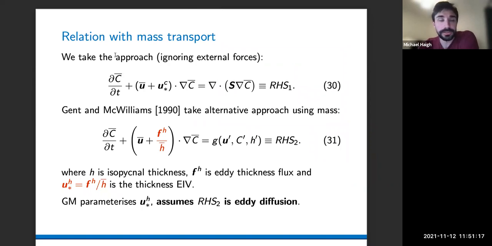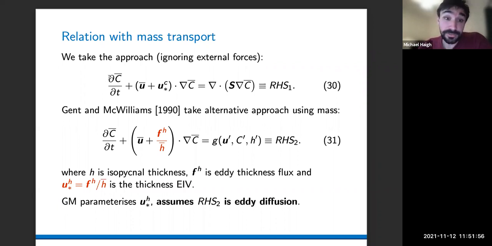When we're talking about the concept of eddy-induced advection for passive tracers, it's very useful to consider it in the context of eddy-induced advection of mass. And the reason for that is because in ocean models, the eddy-induced velocity, which is actually parameterized for both passive tracers and mass, is determined from a mass analysis. So again, I'm referring here to the Gent-McWilliams GM parameterization. Just to illustrate this a bit more clearly,